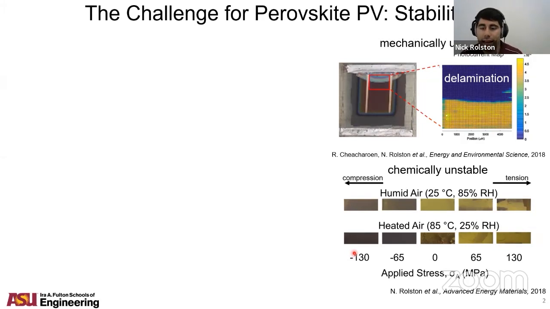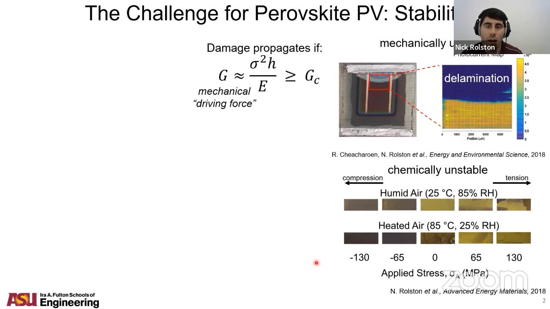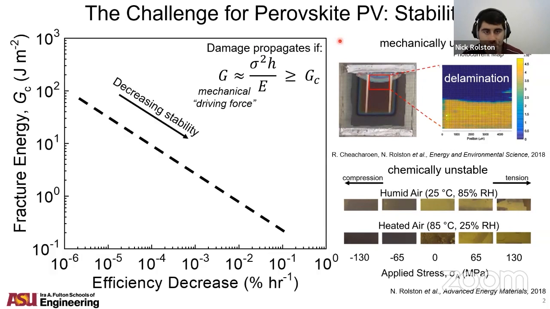Now, I believe there's a link between these mechanical and chemical effects. You can quantify this in terms of a mechanical driving force that scales as the square of your film stress. And when that exceeds the material's resistance to fracture, the critical driving force, then you have this degradation and delamination and ultimately device failure. So this plot here shows just that. Logarithmically, we're showing fracture energy against stability on the